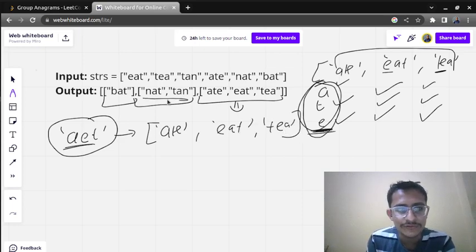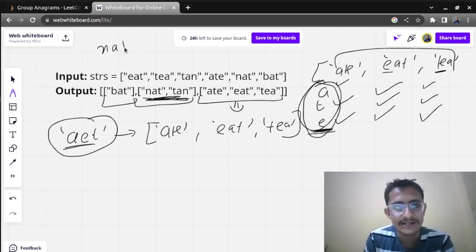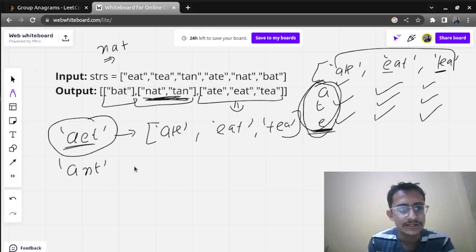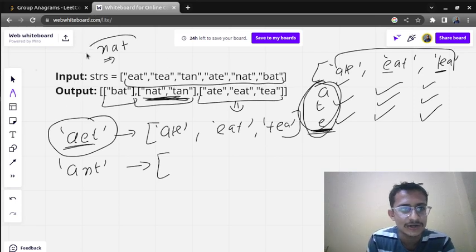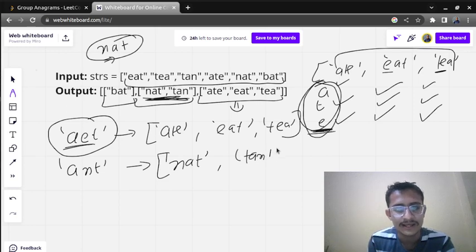Similarly, we will pick the next element, NAT. If we arrange it in ascending order, it will be ANT. For this ANT we will search for the words which contain all three characters, so we get NAT and then TAN.